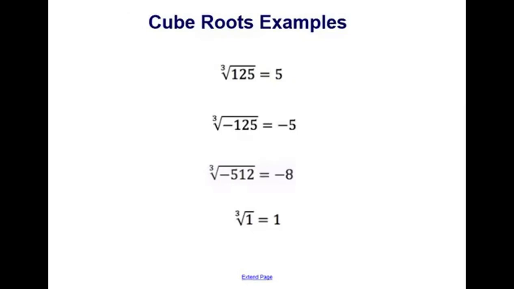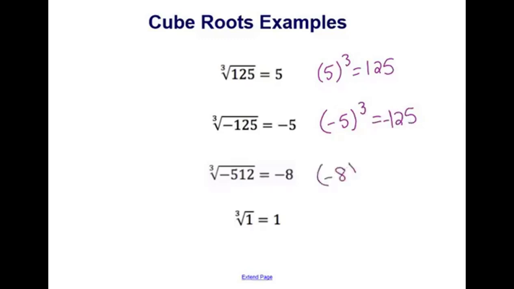So here are more examples. We have the third root of 125 equals 5. Because again, by definition, 5 cubed is equal to 125. Now we have the cube root of negative 125 is negative 5 because negative 5 cubed equals negative 125. So that's a difference in signs. We have the cube root of negative 512 is equal to negative 8 because negative 8 cubed is equal to negative 512. And the cube root of 1 is equal to 1 because 1 to the third, or 1 cubed,